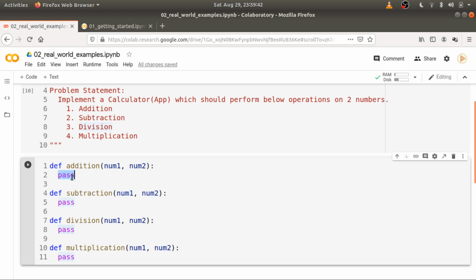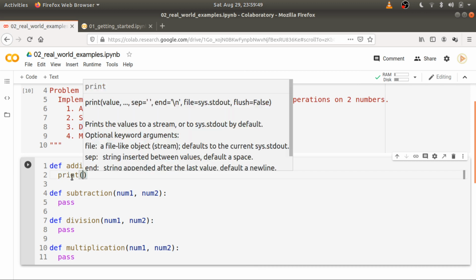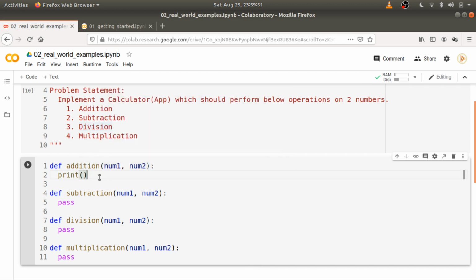If someone calls my function, I should print the sum of the numbers. There are two things we can do. We can either return or we can print. I prefer to print because it is easy to understand for whoever begins Python. So I just want to print the sum of two numbers,